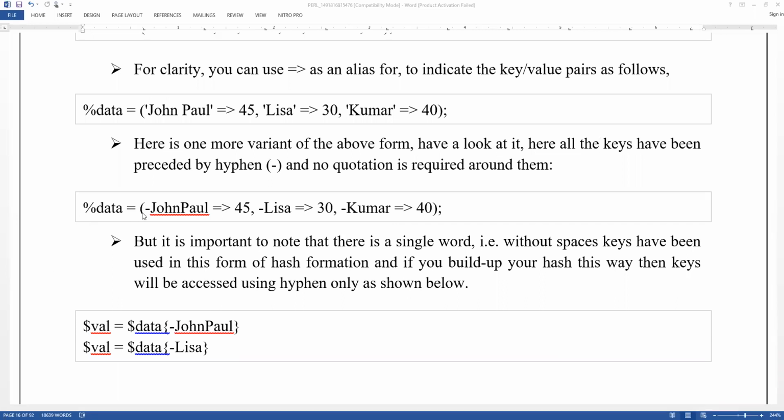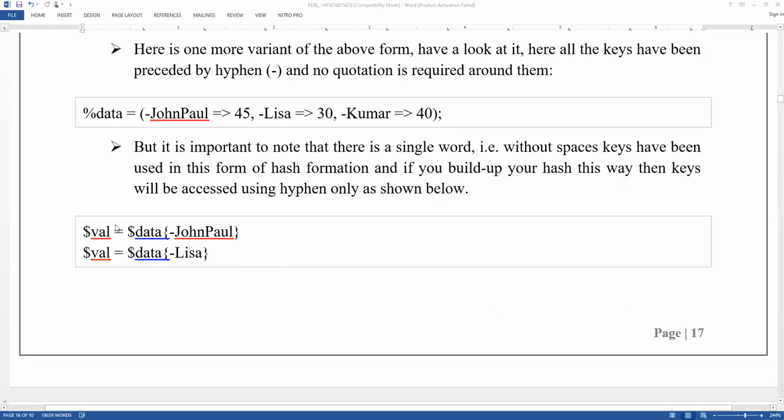Here you can see there is a difference: -John => 45, -Lisa => 30, -Kumar => 40. Tell me, in this data, John, Lisa and Kumar are representing values or keys?